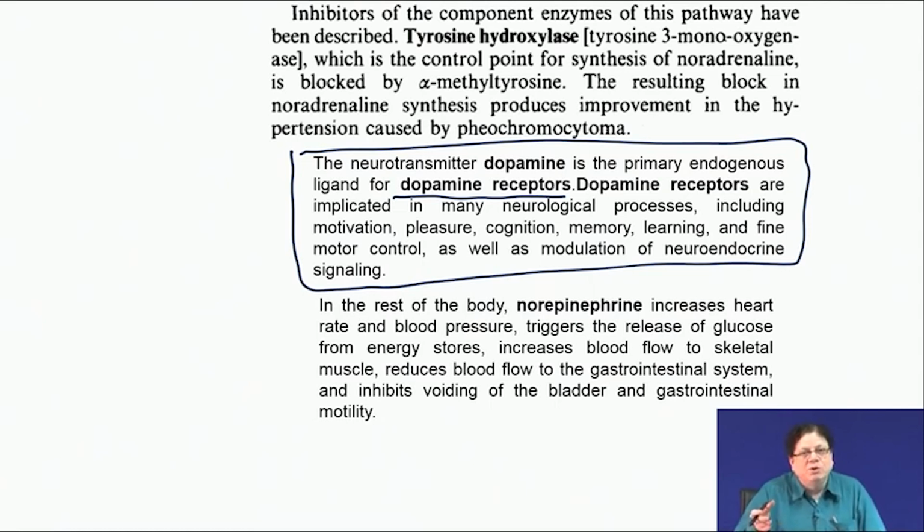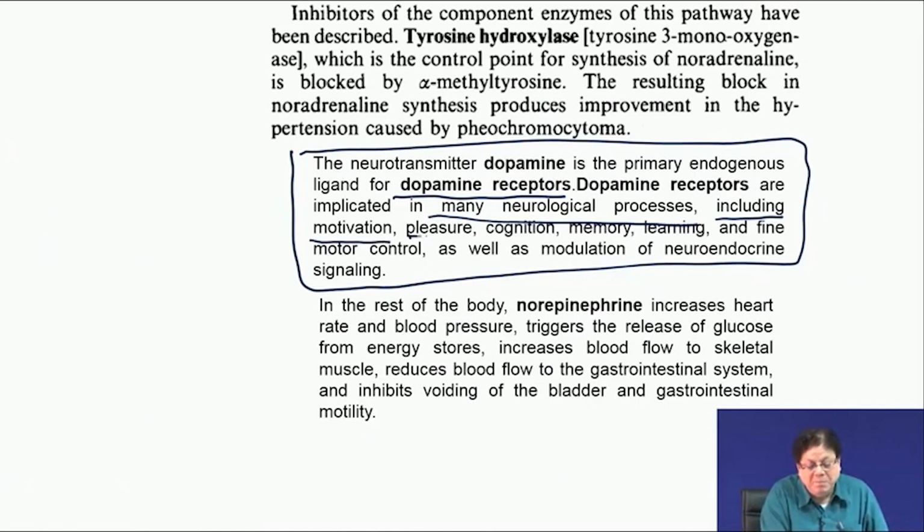Like acetylcholine, we know that cholinergic receptors, and then for dopamine, those will be called dopaminergic receptors. Okay. So, dopamine is the primary endogenous ligand for dopamine receptors. Dopamine receptors are implicated in many neurological processes. That means, when dopamine binds to these receptors, a lot of signal transduction processes take place, and that ultimately results in